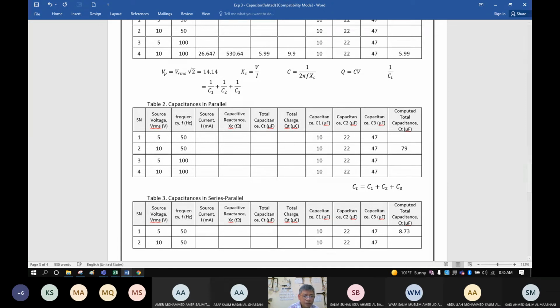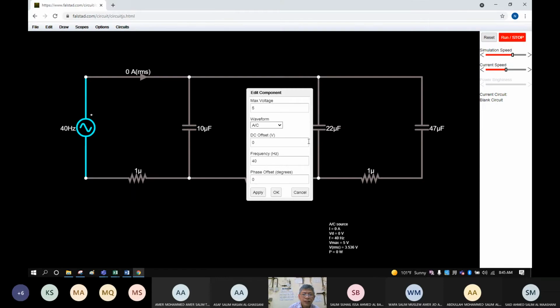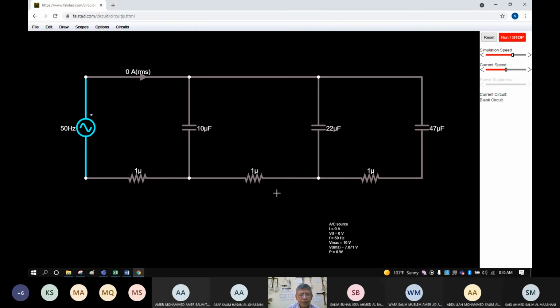So meaning, what is here? It is 10, and then my frequency is 50. So here it is 50. Then click OK. So 50 hertz already.